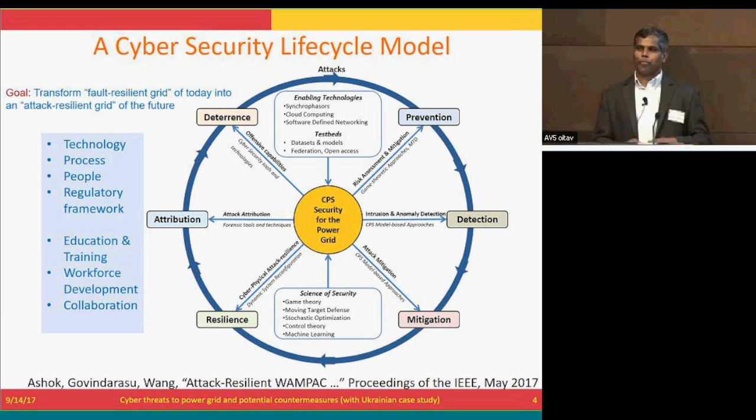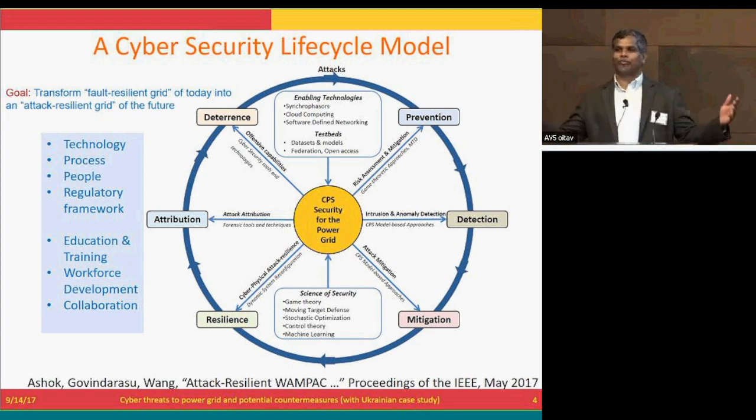So we need to go beyond N-1 contingency analysis. There is a lot of attempt to do N-K contingency analysis, even for extreme events like hurricanes and other kinds of weather conditions. But those are all kind of predictable. Even N-K is going to come in the same vicinity, whereas from an attacker's perspective, it could be from anywhere. So think holistically, not just providing redundancy. Redundancy is one way of addressing that issue, but redundancy for how long? Even if you say K equal to 5 or 10, there is no way you can provide resiliency.